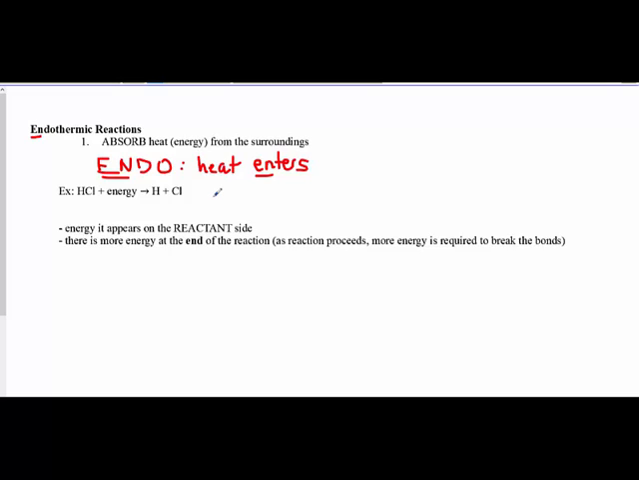And bond breaking is a process that requires energy. We must put energy into the system in order to break that bond and overcome the strength of the covalent bond. And so we see the energy on the reactant side for an endothermic reaction. So this is always true. Okay, our energy term,